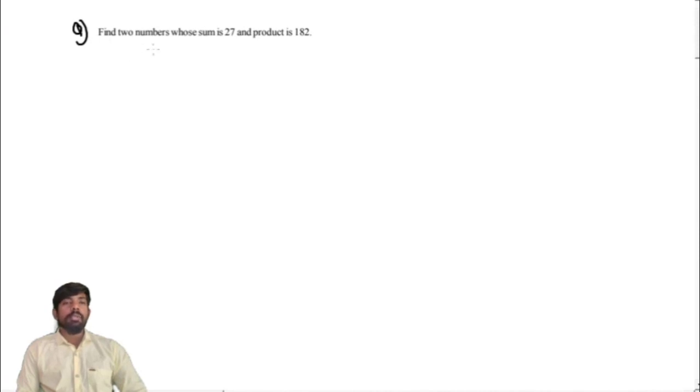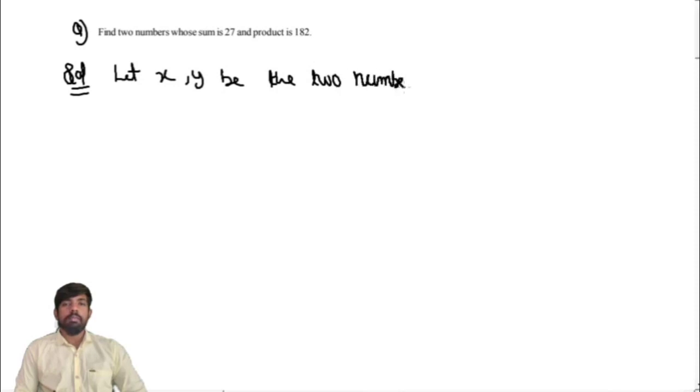Here in this, find the two numbers whose sum is 27 and the product is 182. So we don't know those numbers. Find two numbers whose sum is 27 and product is 182. Let x and y be the two numbers. Okay, then according to the given statement, according to the given question,